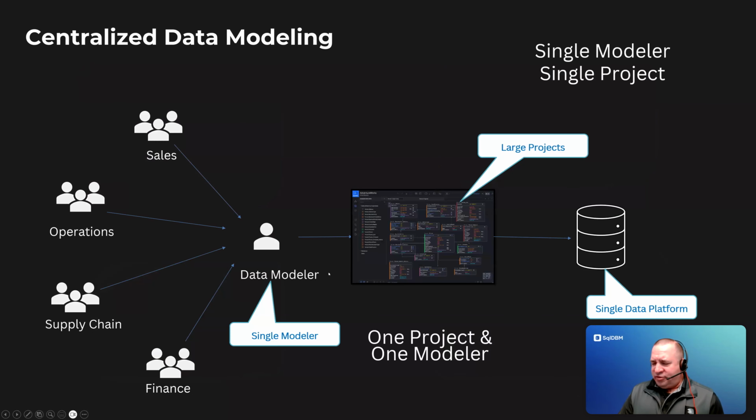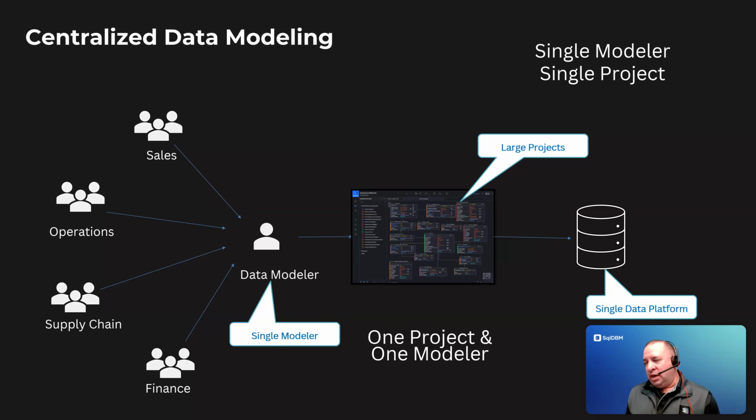So now I'm going to go to, let's talk about the evolution of data modeling. When I started data modeling, probably in the mid 90s or so, it was one person had that data modeling license, and you had all of these different areas within your organizations all coming to this one person. Maybe you had a couple people. And then you were maintaining this large monolithic model, right? Maybe your warehouse was just, back then, it was all going into